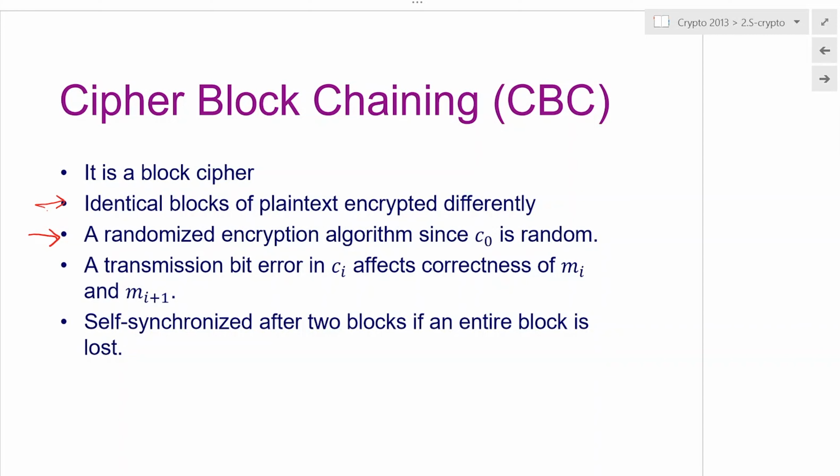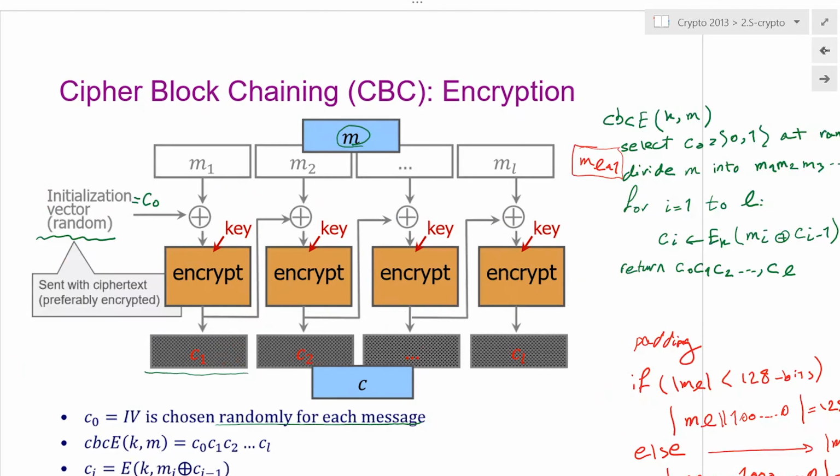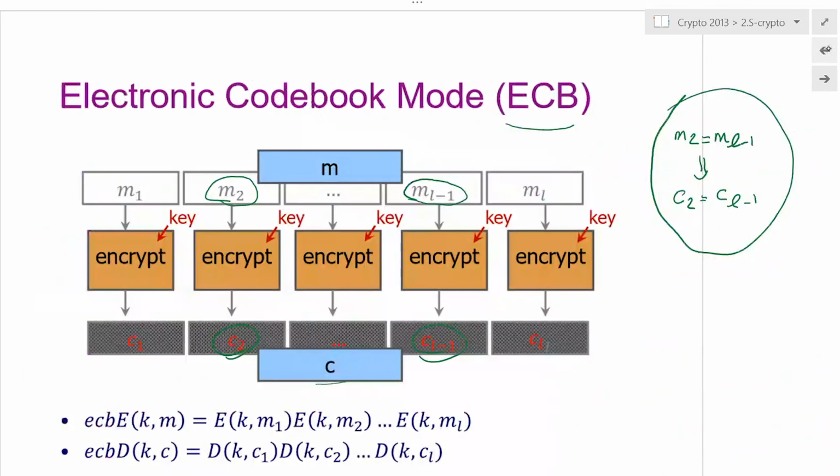The next one is actually a very interesting scenario: a randomized encryption algorithm. What we have produced so far is what we call a randomized encryption algorithm. To understand this better, let me go back to the construction of our CBC. What happens if I have this message M, and let's say my message M doesn't have any repetitive structure, like there's no piece over here that are equal? Then you encrypt this file using ECB,